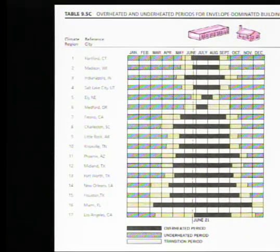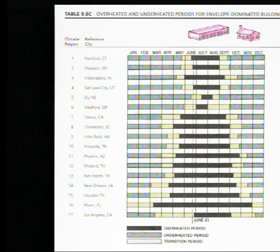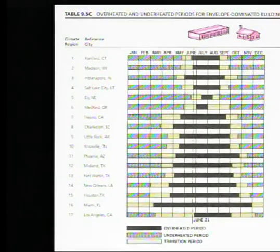So what we want to do to get a real high-performing building, that means low energy, is we want to harvest the winter sun and reject the summer sun. And in a different climate, that's going to be different. And also latitude changes sun angles. So there is no one answer for every building in the United States or the world. What you have to do is look at your own local climate and see, how much of the year do you want to shade and how much of the year do you want to collect the sun? So here is a